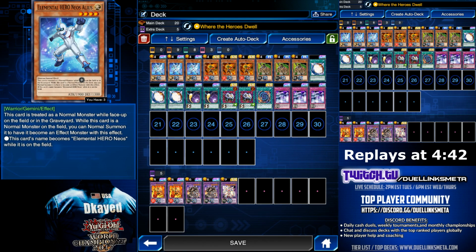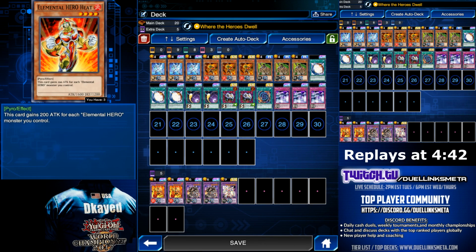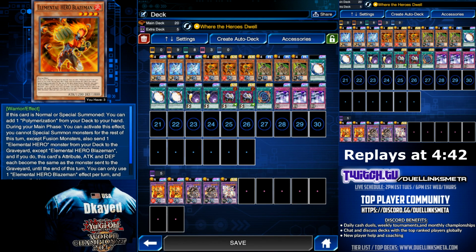Pretty much just because it's 1900 attack. If you want to, you could replace Neos Alias with Elemental Hero Heat, which is an 1800 attack monster by itself, and 2000 if there's another monster next to it. It's also a fire, so you would be able to instantly send it with Blaze, and then you're able to